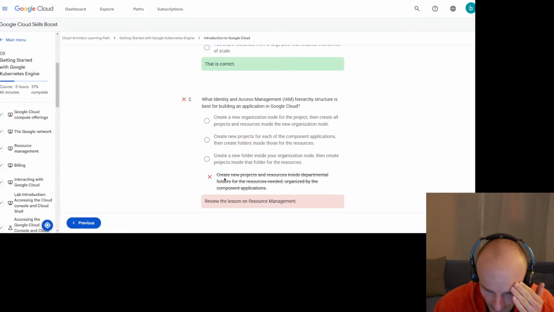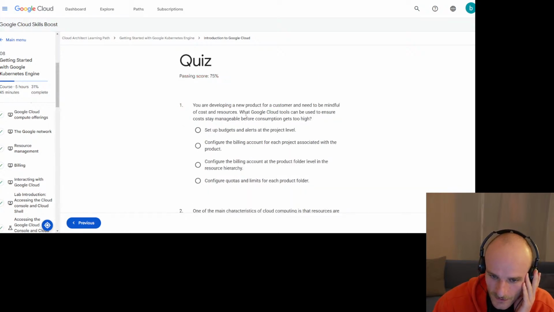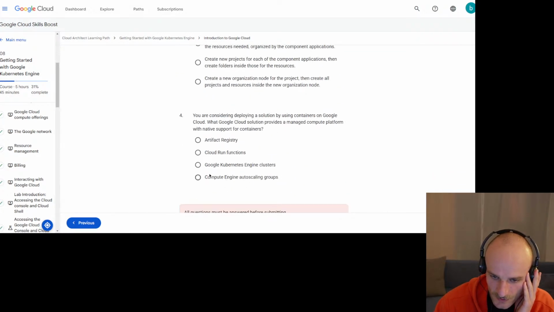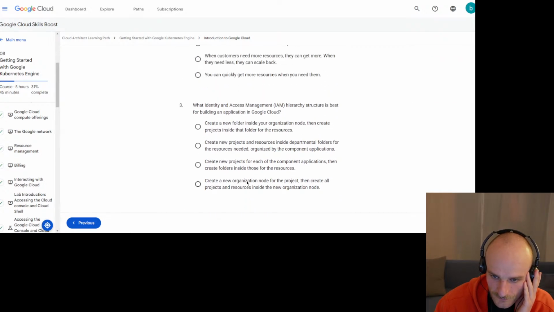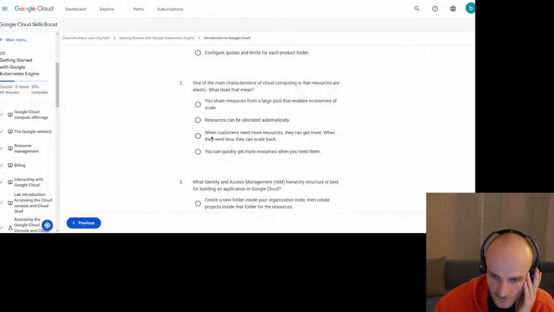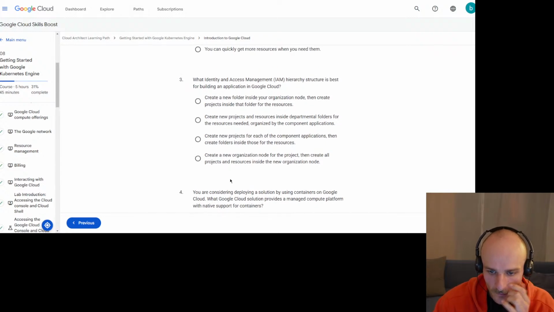So it's not create new projects and resources inside departmental folders for the resources needed. Okay. So you are developing a new product for Google Cloud. Oh shit. So first of all, here we had this. And this, okay. So this,